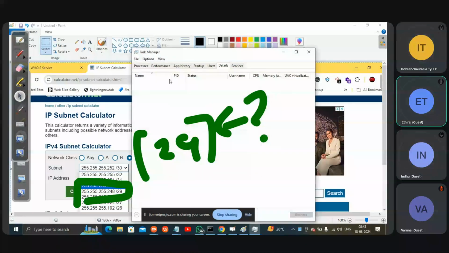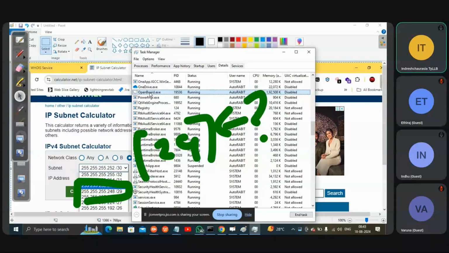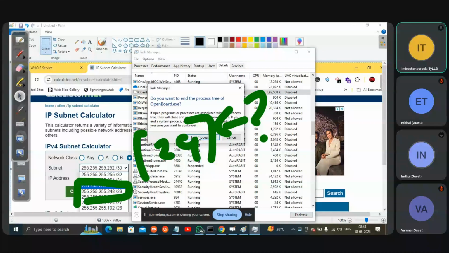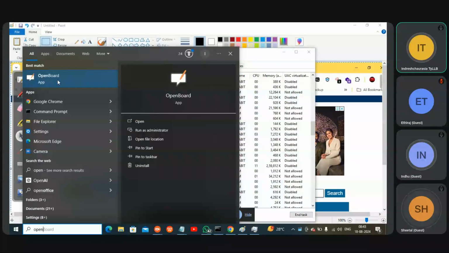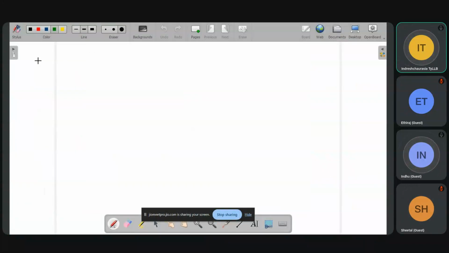8, yeah, right. And how does it come as 8? 3 bits are available, the last bits. See slash 28: how many hosts are available?